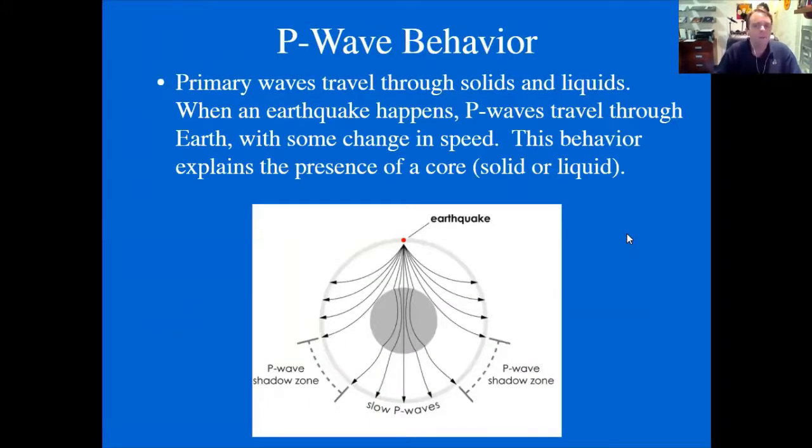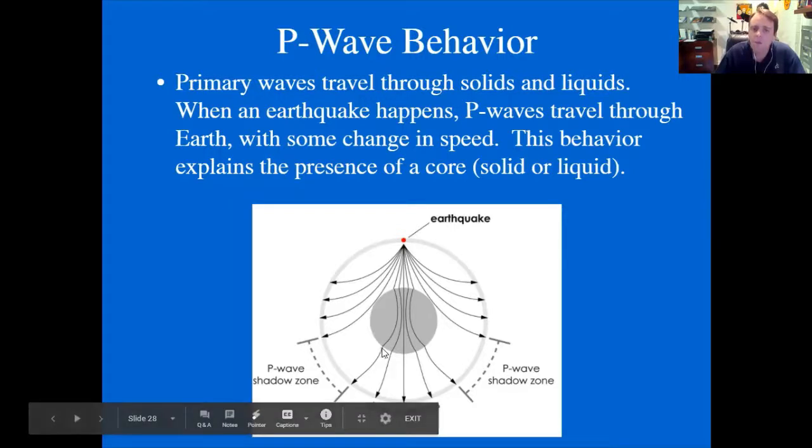Here's the scheme. Primary waves travel through solids and liquids. When an earthquake happens, primary waves travel through the Earth with some change in speed. This behavior explains the presence of a core. So here's an earthquake, for simplification at the top. You see the primary wave travels through the planet. It's the fastest wave. Notice what happens when it hits this boundary. It refracts, it bends, it changes speed, and then changes speed again after it leaves that point onto the other